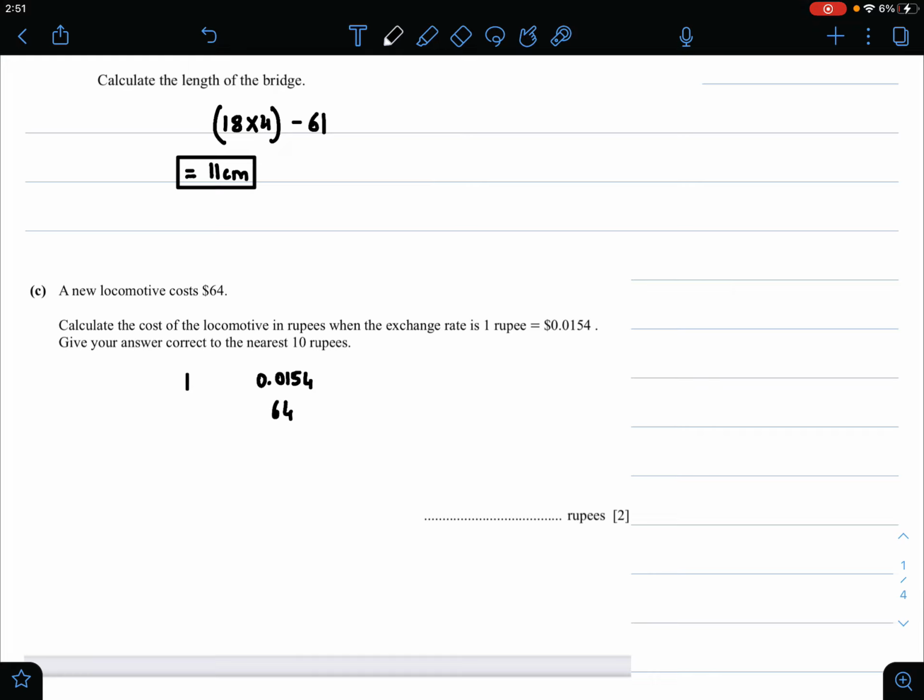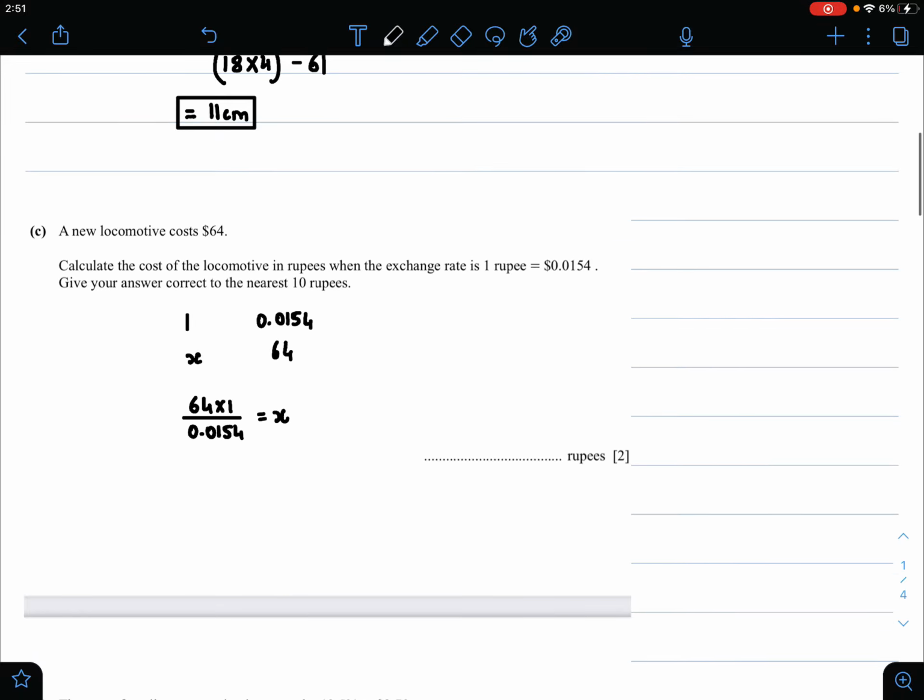Okay, so in rupees, since we'll keep the rupee value as x, all we need to do is cross multiply. So therefore 64 multiplied by 1 divided by 0.0154 will be equal to x. So therefore your final answer for part C would be 64 multiplied by 1, which is 64, divided by 0.0154. And therefore you'll get your answer in rupees, which is